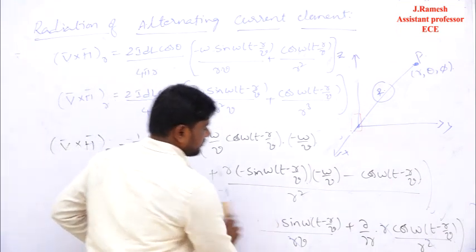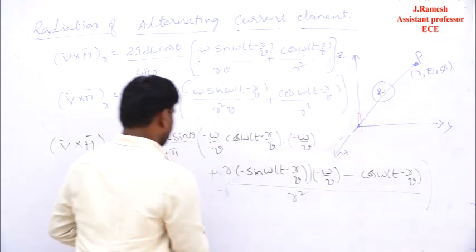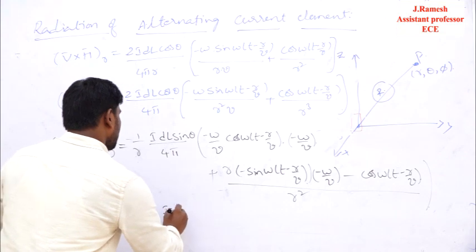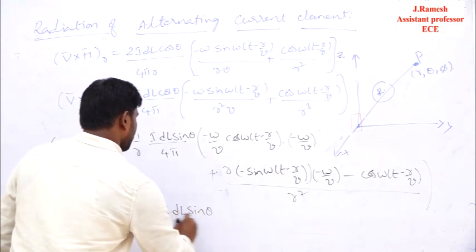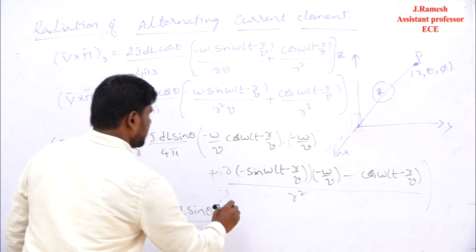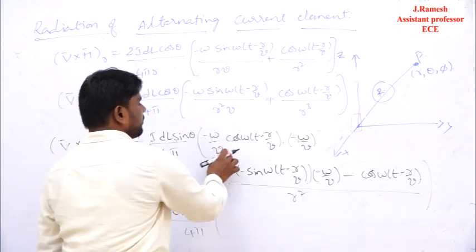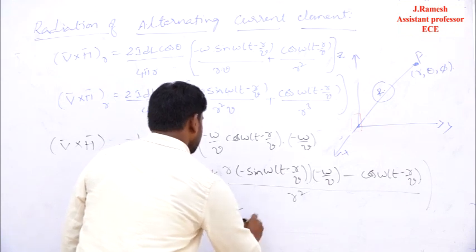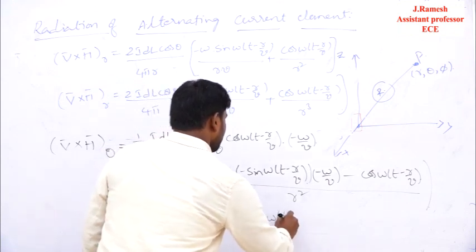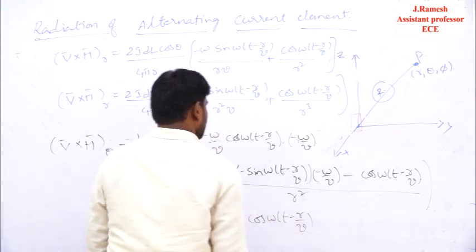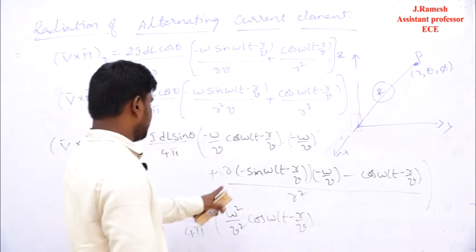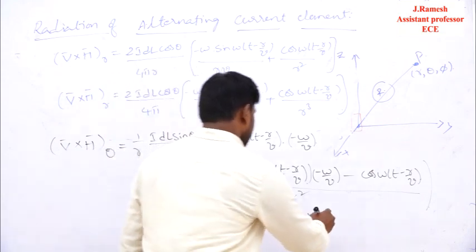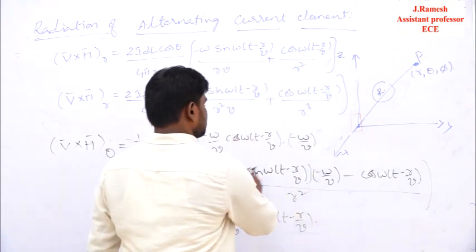Now if you simplify this, what we will get is minus 1 by r into I dl sin theta by 4 pi, and it should be multiplied with minus omega by v, both will give the whole square, so omega square by v square into cos omega into (t minus r by v). Then if you observe clearly, here an r term is there, here an r square term, so both will get cancelled. So that means, minus is there,